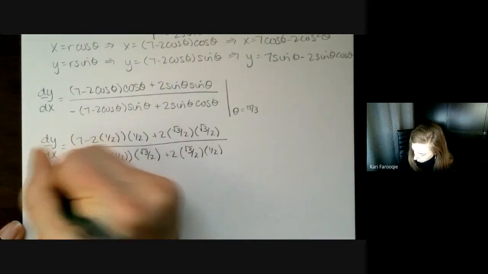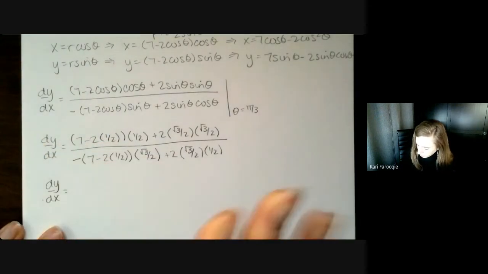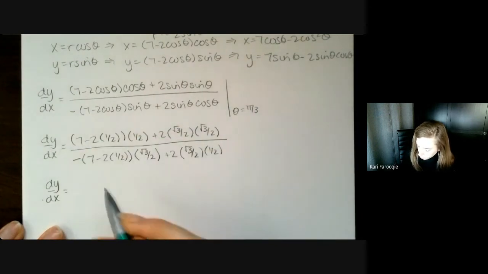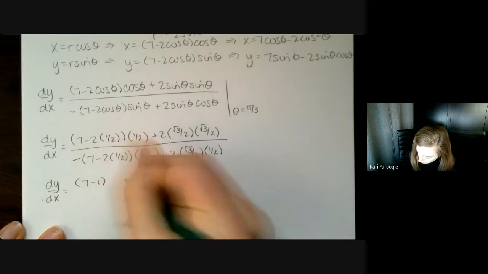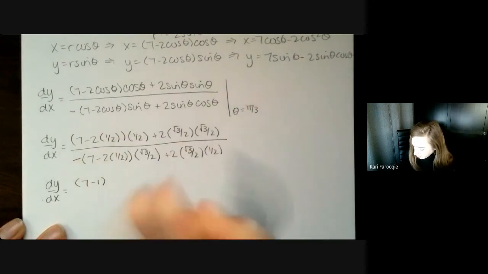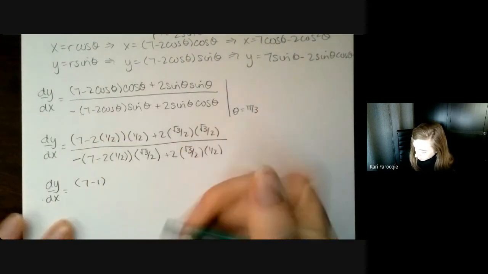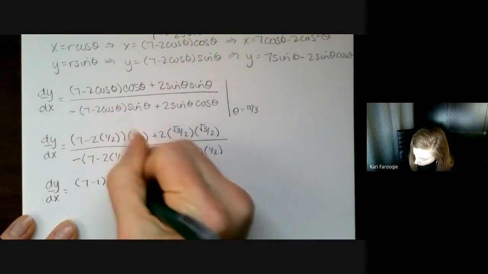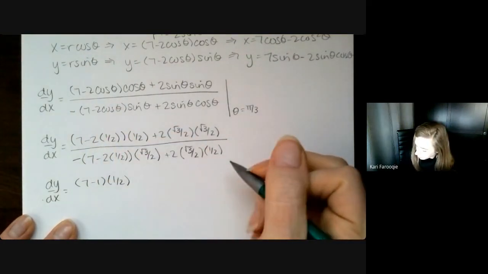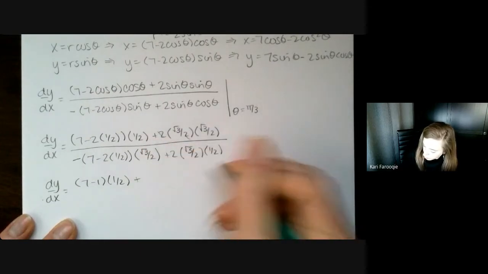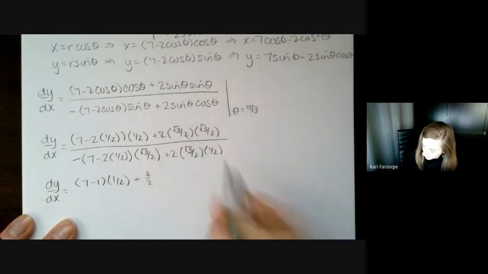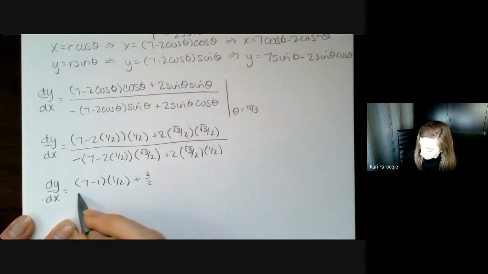I'm just going to do this in a couple of steps so that nothing gets lost. 2 times a half is 1. So 7 minus 1 is 6. If you want to do that in one step, that's fine. It's kind of up to you how many steps you would like to use. I'm going to cancel out those 2's. Square root of 3 multiplied by itself is 3. And then I still have 2 left over in the denominator.